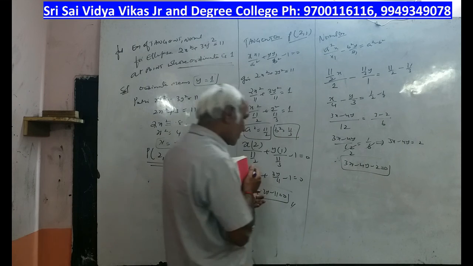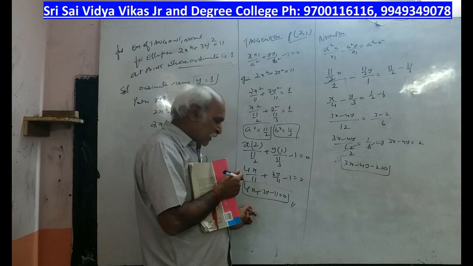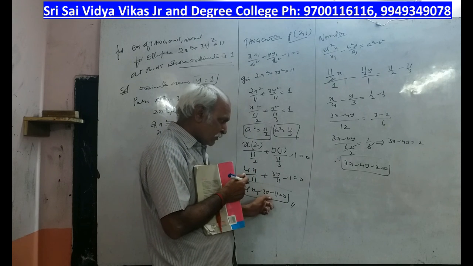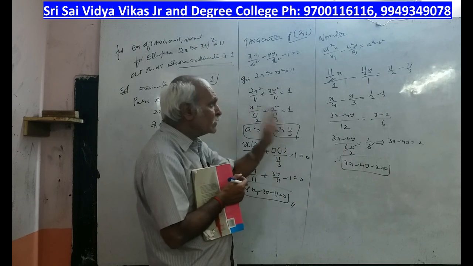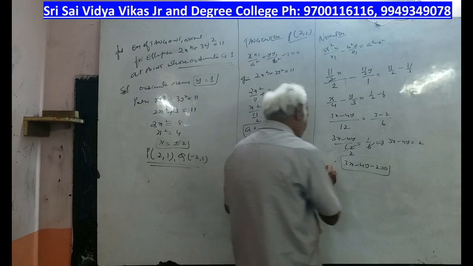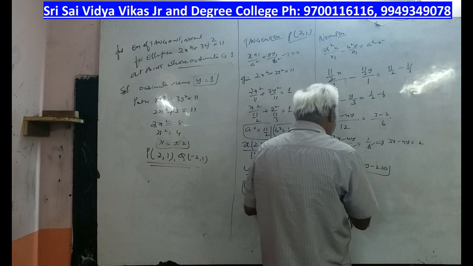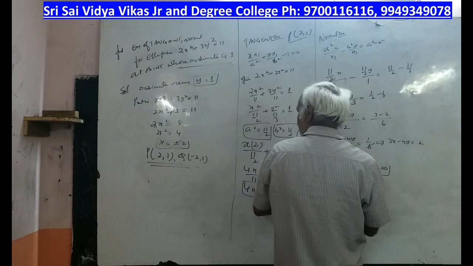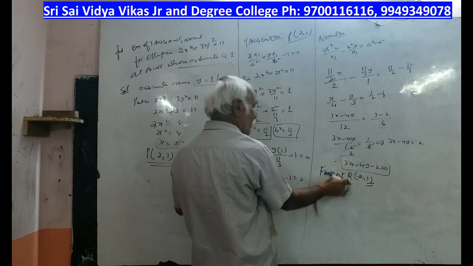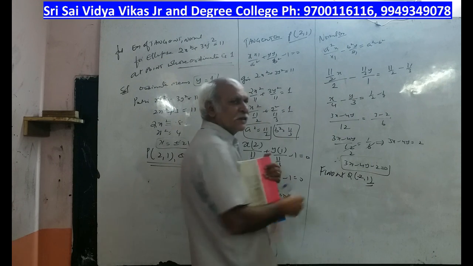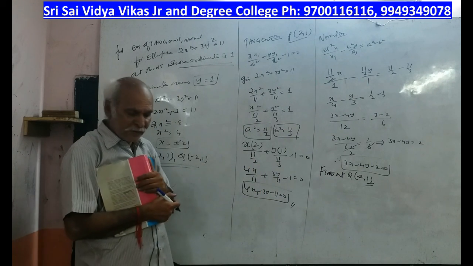Right? Here, observe again. The x and y coefficients are getting interchanged. 3 is coming to x, x's coefficient is coming to y, and plus has become minus, and the constant you know very well. You have to put the point. Now this is what I have done. Now you have to find it at Q. What are the Q points? Minus 2 comma 1. Means again x1 y1 is replaced by minus 2 comma 1. Same procedure. Okay. It will be given for 4 marks, sir. Okay. Please note down.